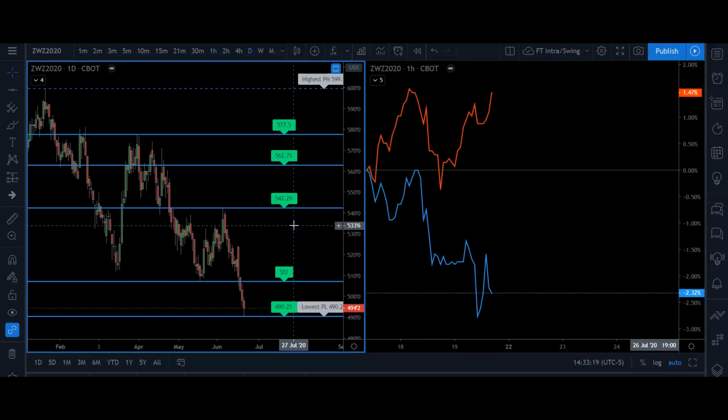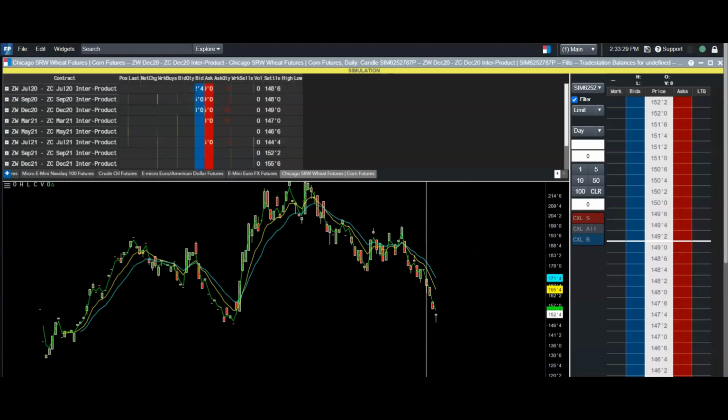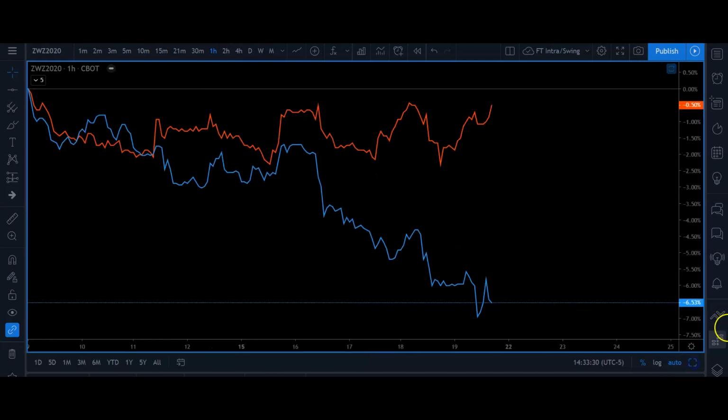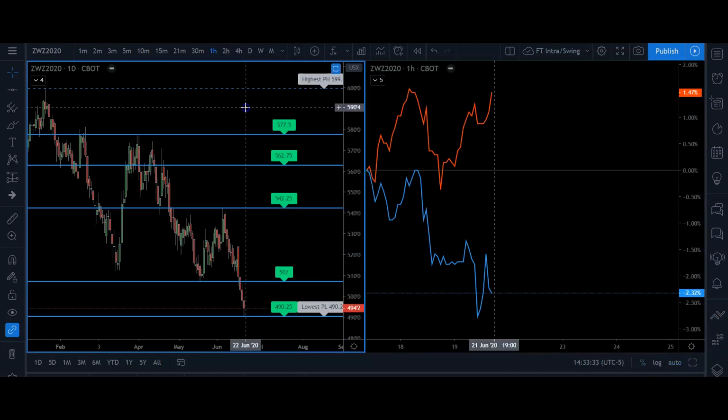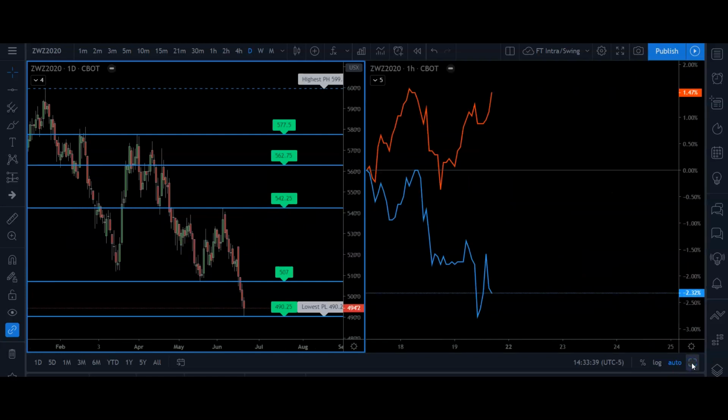Let me see what I wanted to pull up. There's another way I wanted to show you guys. Oh, here we go. Let's look at support and resistance on the actual spread. If I build this up here on a daily, let me move this around, guys.